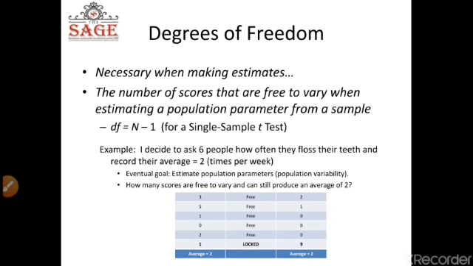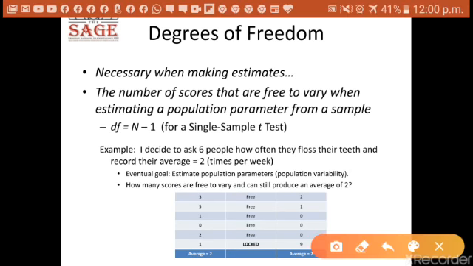Degrees of freedom. You must understand what degrees of freedom is. Degrees of freedom means the number of times we can change a sample and the sample mean remains the same. This is necessary when making estimates, and it is very clear in any kind of parametric test. You should have the degrees of freedom so that you know how many times you can change the sample elements in order to get the same answer. So it is the number of scores that are free to vary when estimating a population parameter from a sample. Degrees of freedom is going to be n minus